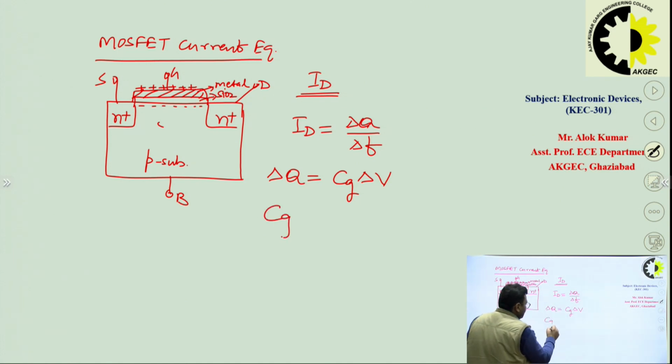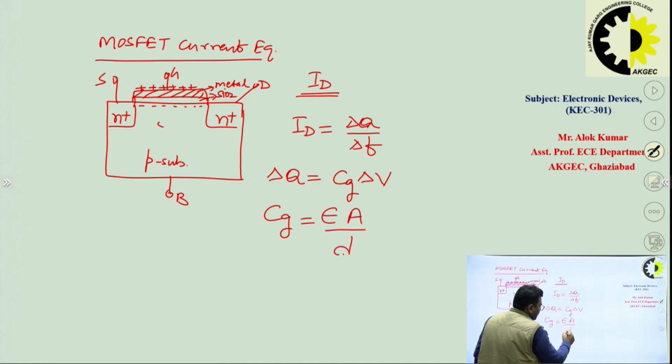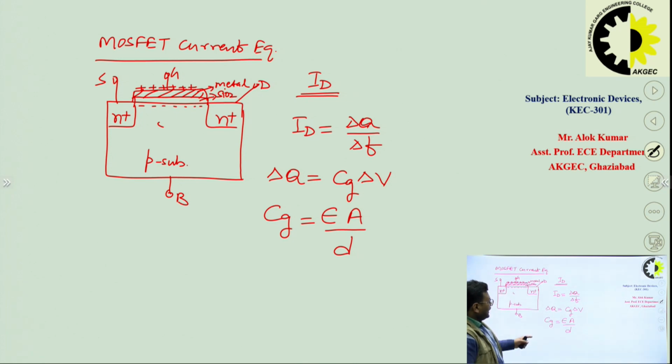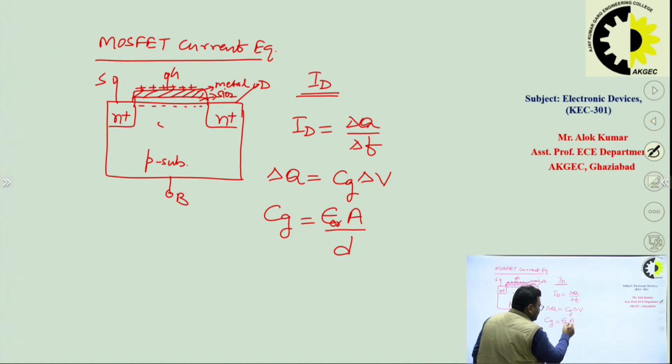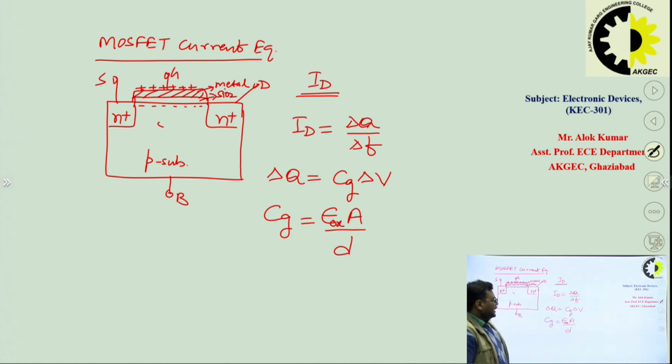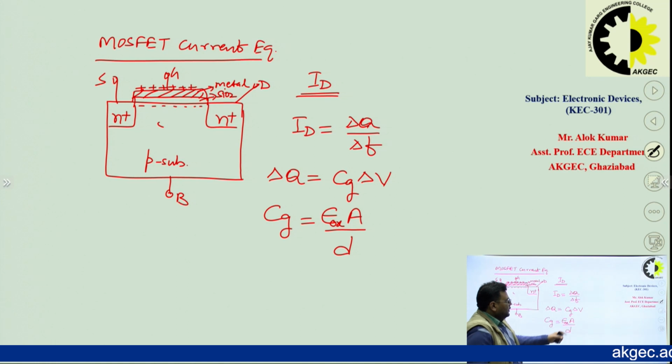Cg should be equal to epsilon into A upon D, right. As charge is separated by the oxide, this capacitance is the gate capacitance, so this permittivity should be of the oxide, epsilon OX, and simply the area we can say,